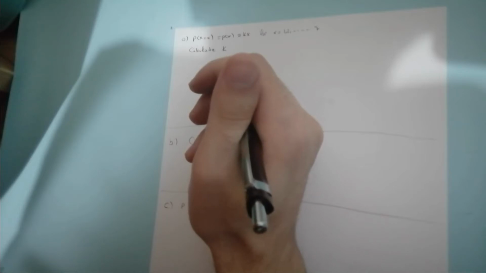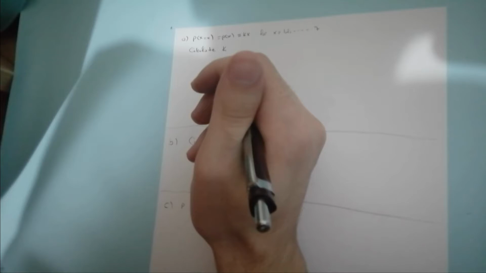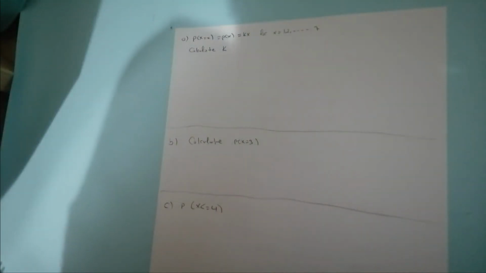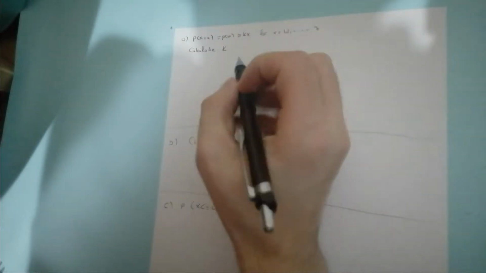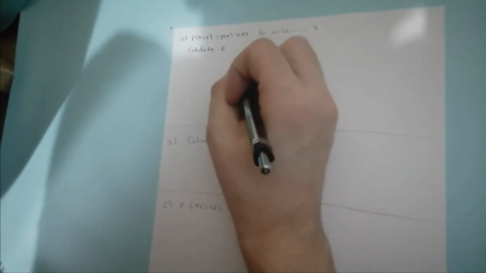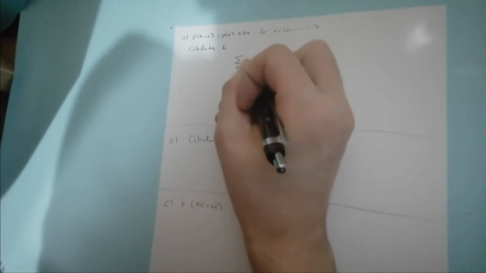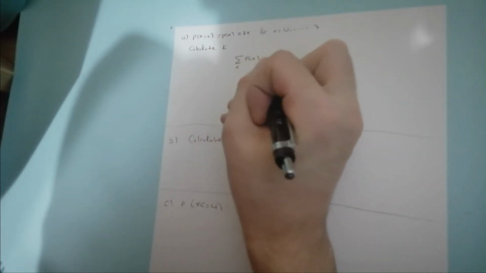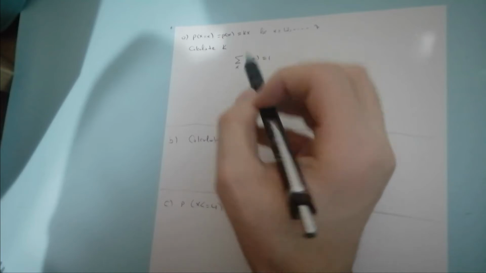The given information is that p of x is equal to kx for x values which are 1, 2, 3 up to 7, and it wants us to find k. So as we know, the sum of all probabilities is 1 and it is valid everywhere,